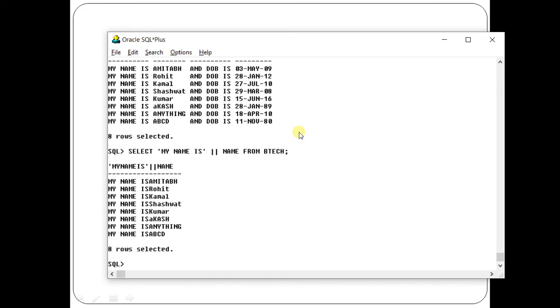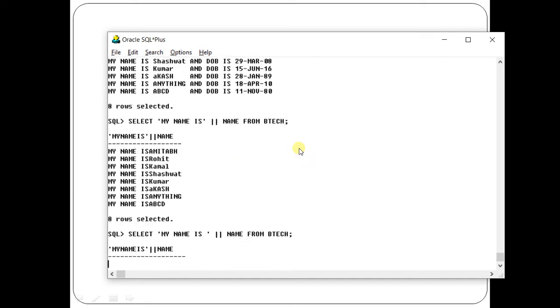You can see output has come, but there is no gap in this. So you have to give the gap here, not here. Let us try it again. Select my name is, a little bit of gap, and concatenation from BTEC.